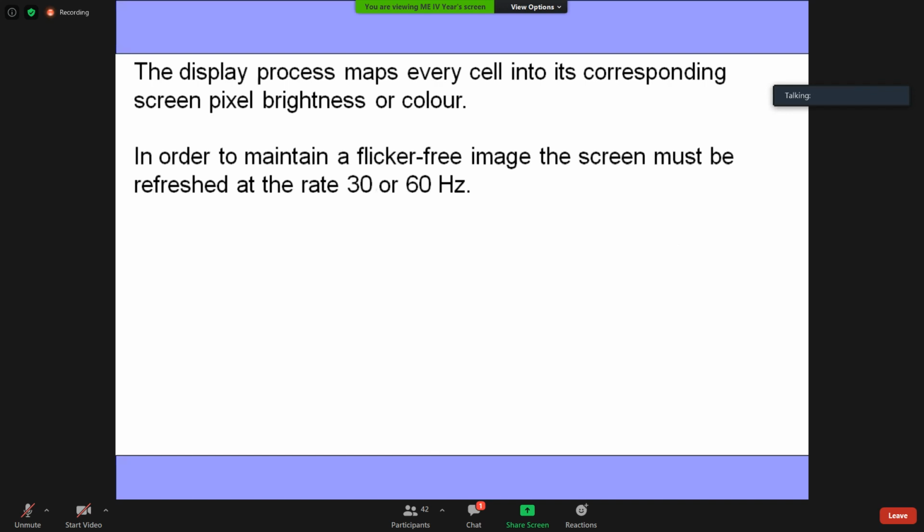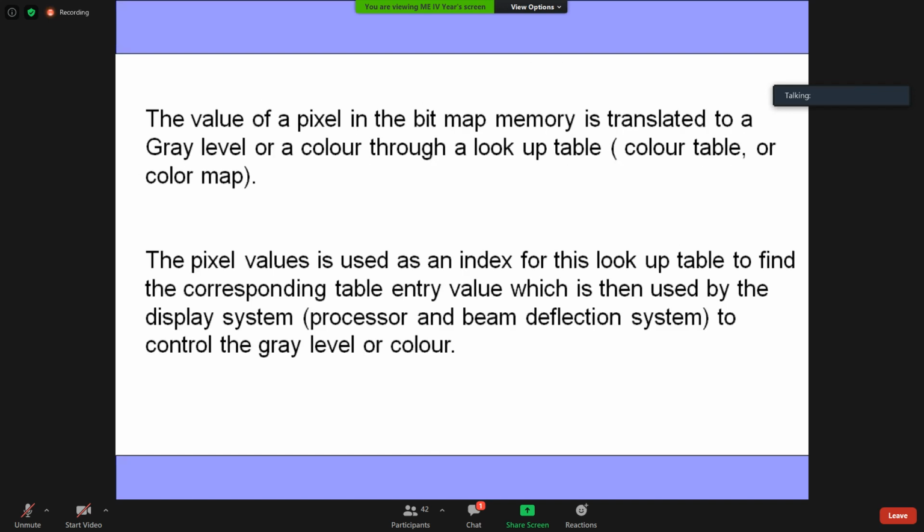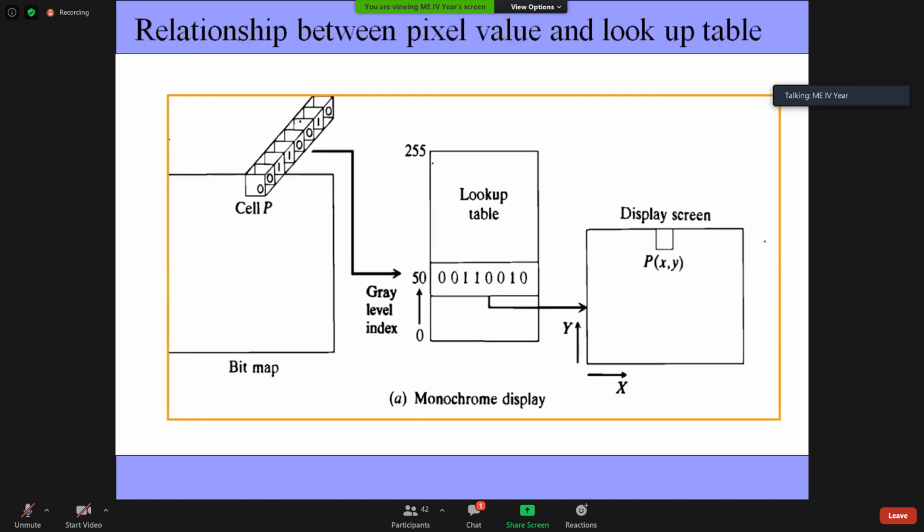Okay, in general the frequency will be 30 to 60 Hz. The value of pixel, see here, is not only used in a normal CAD/CAM system. You can take any display device, which is a mobile, which is a TV, or whatever it is. Just as you use the smartwatch nowadays, everything depends on the same technology. See here, you are getting my cursor movement.